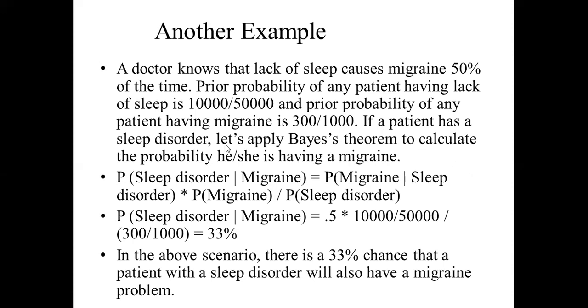Okay, so if a patient has a sleep disorder, now we are talking about these 10,000 cases out of 50,000. Let us apply Bayes theorem to calculate the probability that he or she is having a migraine. So here we are talking about the 300 cases. So the probability that migraine will happen based on sleep disorder, because of sleep disorder, how much probability that migraine might